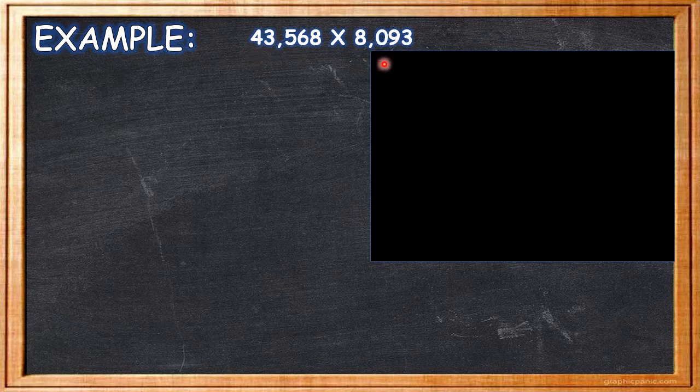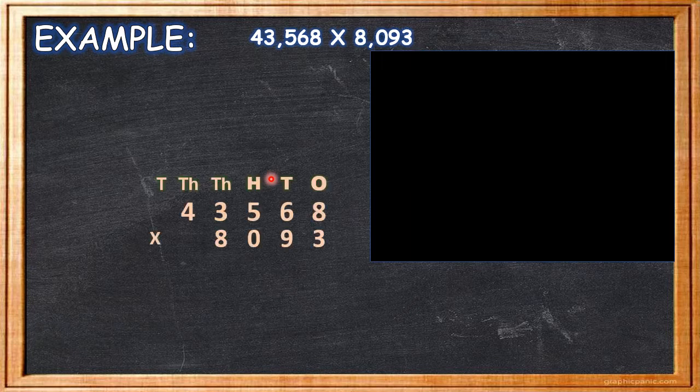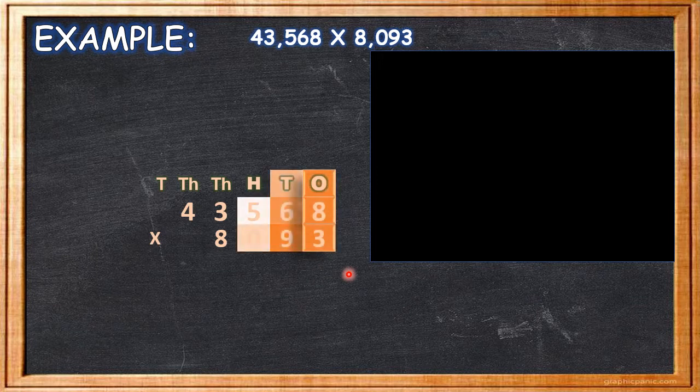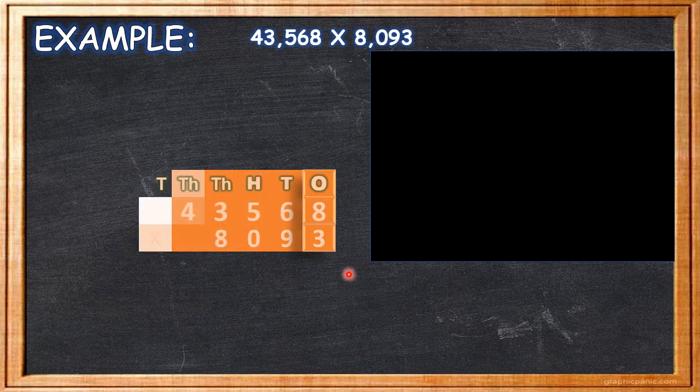For multiplying larger numbers, first we have to arrange numbers vertically. Yes, children, and we always start placing numbers from the ones column, tens column, hundreds column, thousands column, 10,000s column, and we move towards the left hand side. Okay, we always start placing numbers from the right hand side and we move towards the left hand side, that is, towards the larger place value. This much is clear, children.